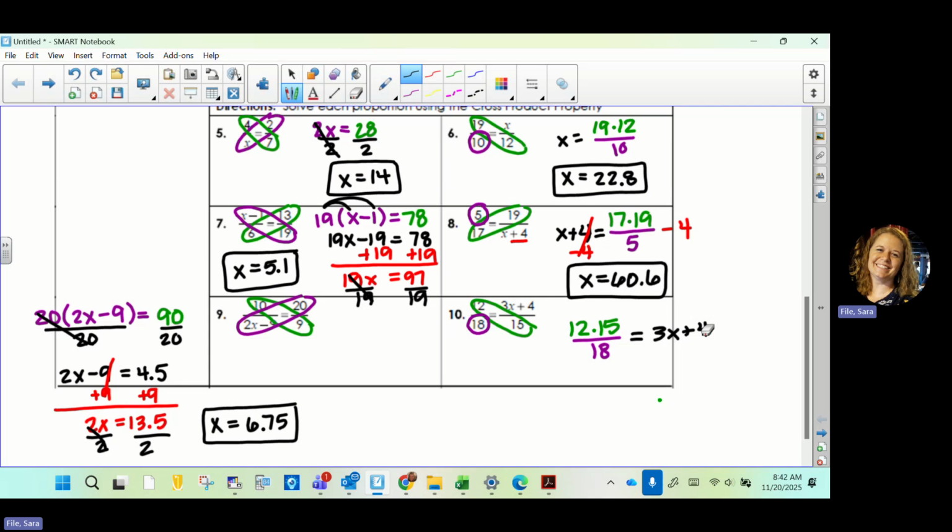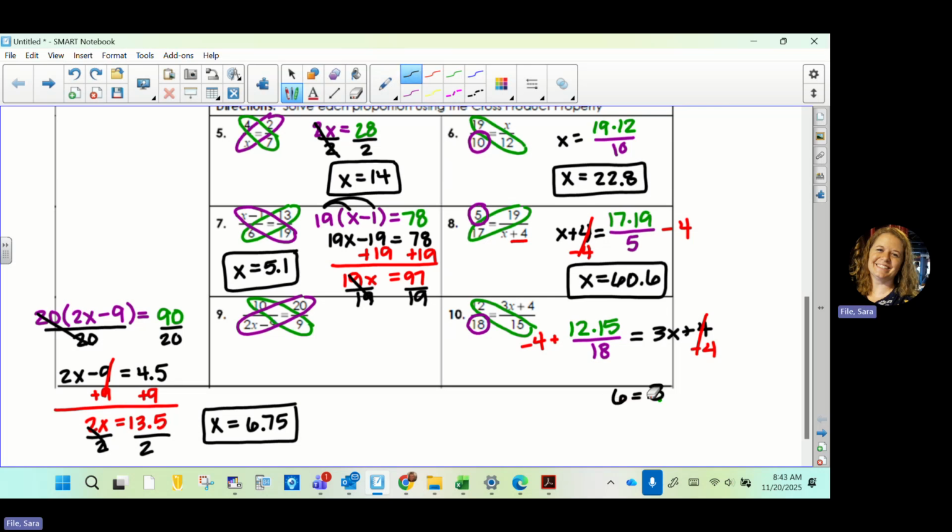So I would subtract that 4. So I'm subtracting 4 over here. That's like adding a negative 4, isn't it? Minus 4 plus negative 4, same thing. Okay, so I'm going to go ahead and calculate that. 12 times 15, 180, divided by 18 is 10, minus 4 is 6. So this whole side comes out to 6